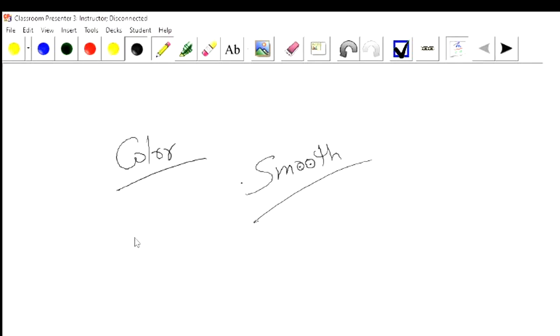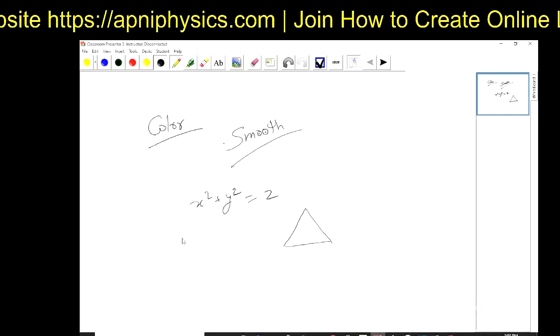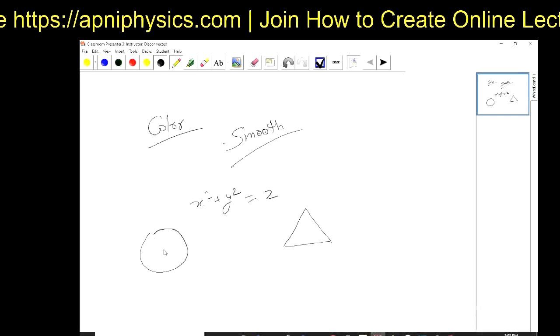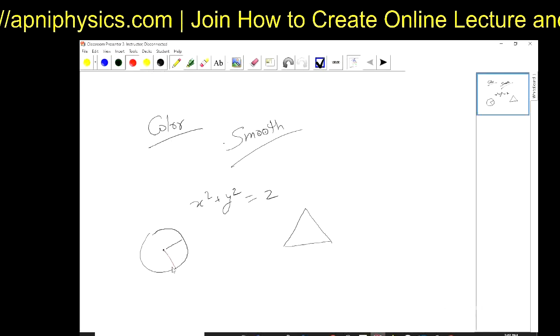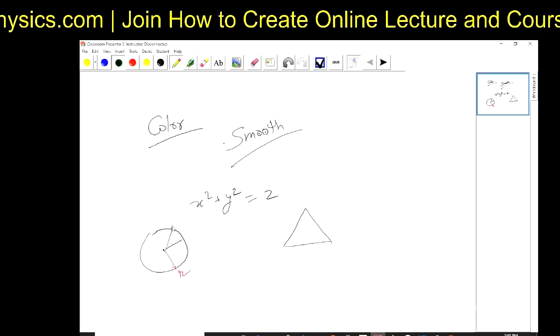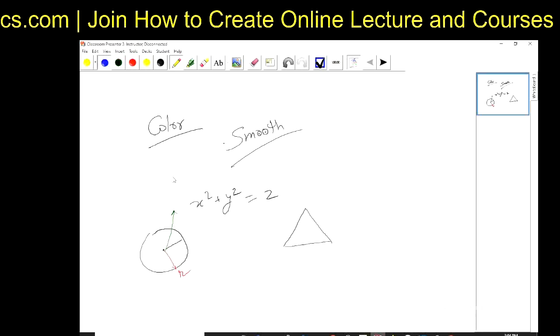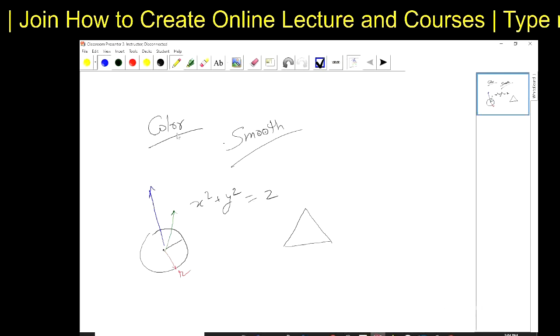Here you can write whatever you want to write. Now you are familiar with different software, so whether you are writing x plus y square, or you are creating a shape or a circle like that, it's free. Here is the red color, so you can use red color. You can use this green color, blue color. So these are the different colors which you can use.